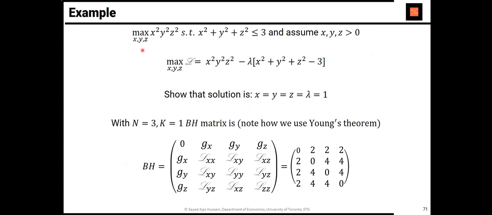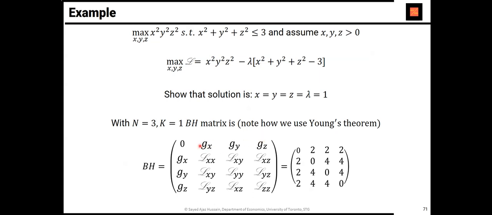Example, the problem that you did 2 seconds ago, but this time with an inequality constraint. Again, the solution is x, y, z, lambda is equal to 1. Again, you want to know if this is a max or a min. And again, now the bordered Hessian with only one constraint, which by the way happened to be a binding constraint,